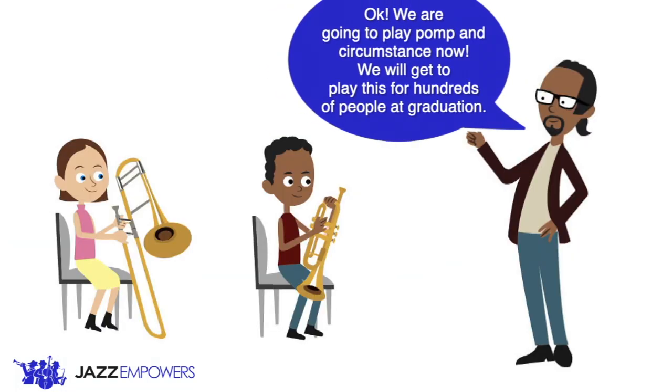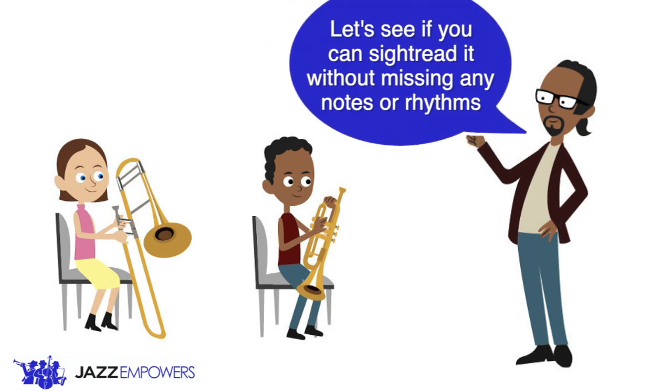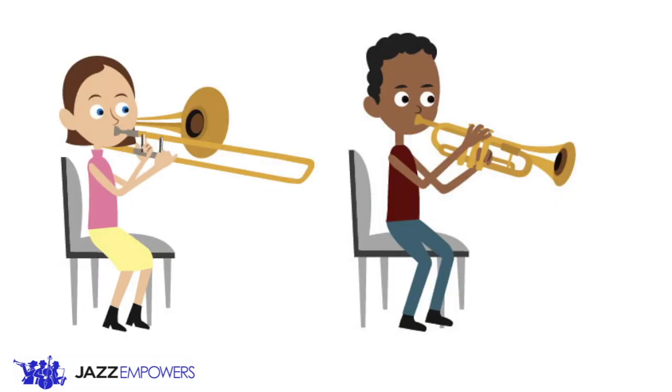"Okay, we are going to play Pomp and Circumstance now. This will be a great opportunity to play for hundreds of people at graduation that haven't heard you all perform before. We are going to sight read it now. As we are playing through it, I want each of you to see if you can sight read through the entire piece without missing a note or rhythm. Here we go." Even though this piece might not be challenging for the group, this response by the music teacher